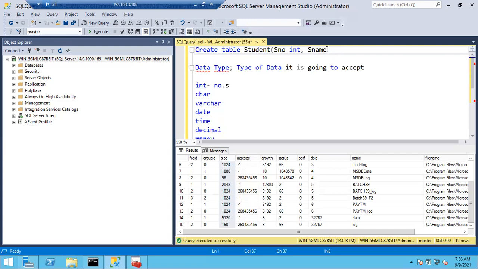Student name can be character. For character type of data, what we commonly use is the varchar data type. You can directly use varchar. There is an advantage with varchar over char. If you mention char of 100, even if you are using or not using it, it will take all the 100 bytes. If I give varchar of 100, and your name is Padma, that is 5 characters, it will only use 5.